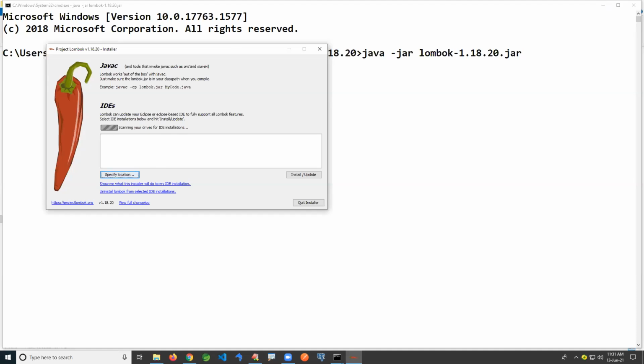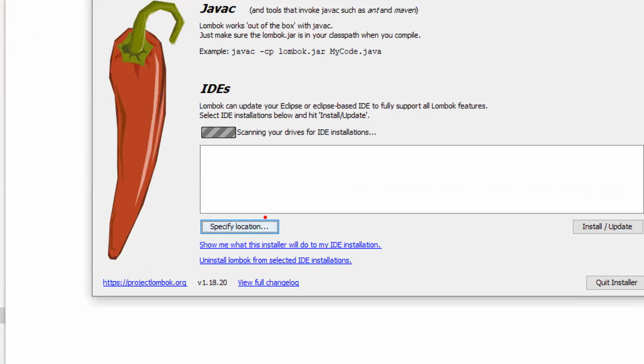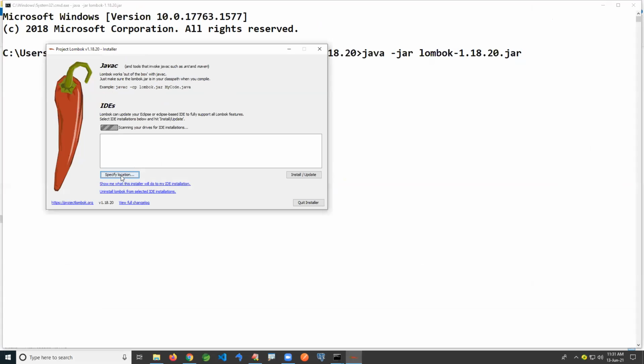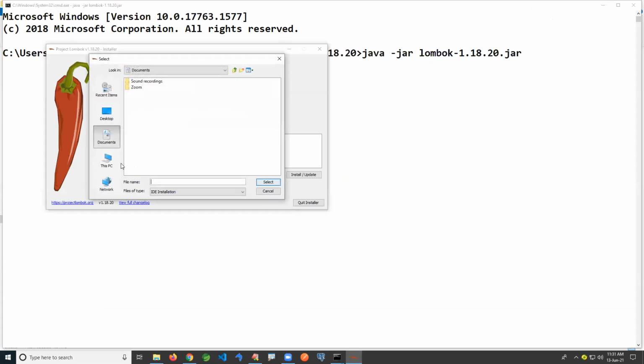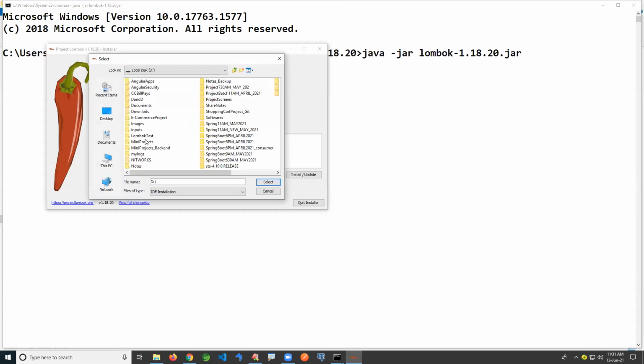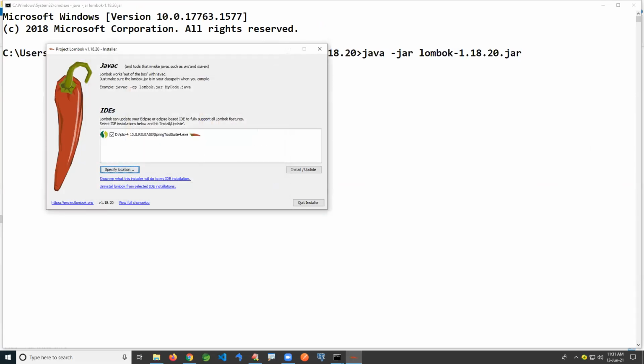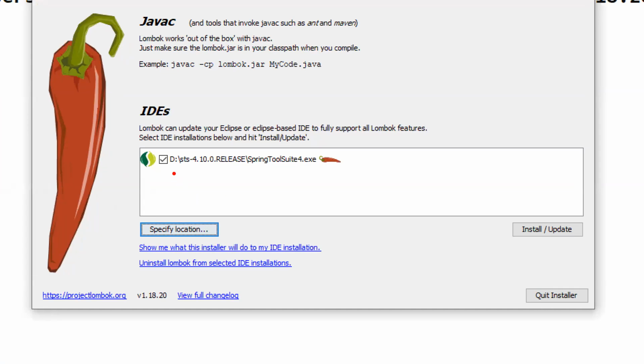Then instead of waiting for this, click on Specify location. This is a one-time setup you have to do. Select where your IDE is in your computer. In my system the IDE is in D drive, so here I have STS4 or Eclipse also. Select it and it will show all the IDEs.